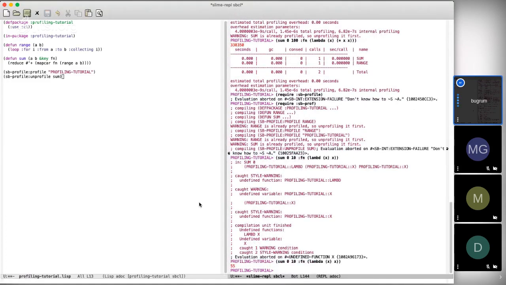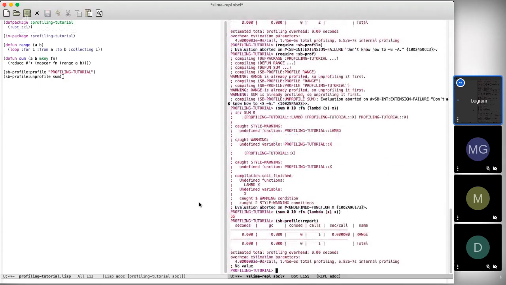And if we want to run, so we just executed this function, which goes through and just sums a bunch of 10 integers, and the result isn't going to be anything spectacular. Let's say that you want to have a report, you could do SB profile report, and with no arguments you get this table. And now that we unprofiled sum, you notice that the sum entry isn't actually in there. It only profiled